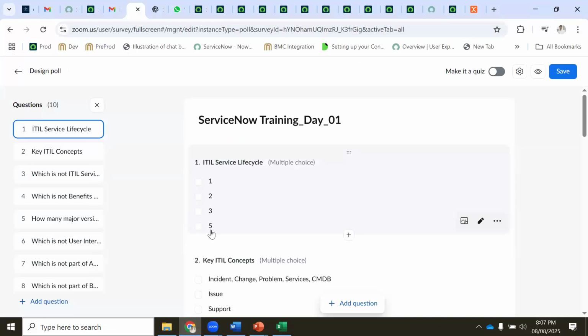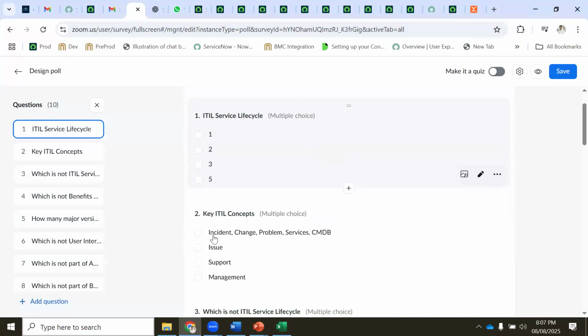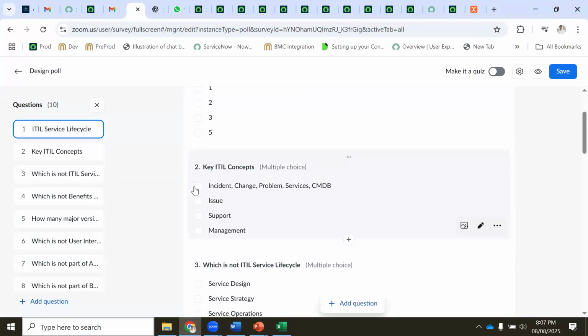The answer is 5. Okay. Key ITIL concepts. We know that by seeing it itself, the first one is the answer. The rest of them are dummies. Okay. Issue, support, management, which is not relevant to this.